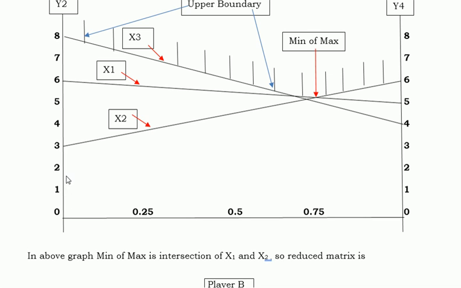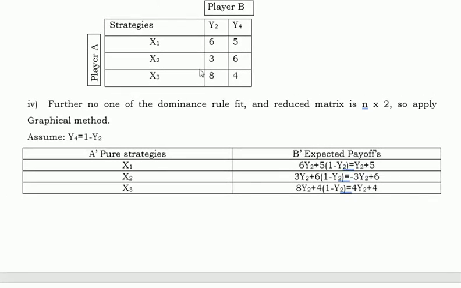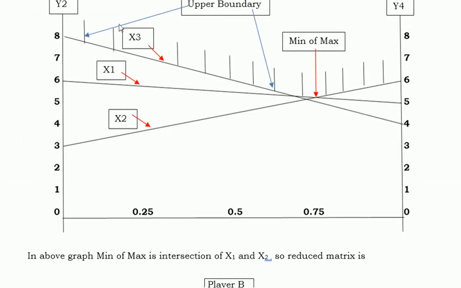Okay, scale: 1 centimeter goes to 1 unit, from 0 to 8 here, and also 0 to 8 here. Keep it in your mind: 2 columns, so 2 lines here, y2 and y4. The distance between these two is as per your convenience. For easy purposes, 10 centimeters, even 8